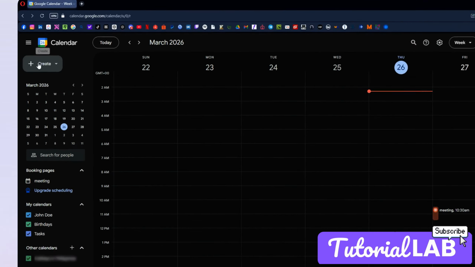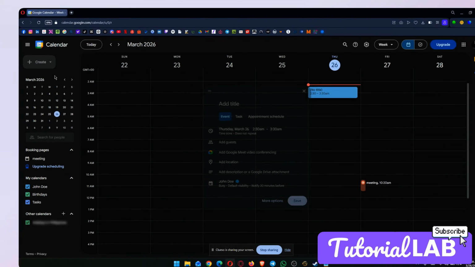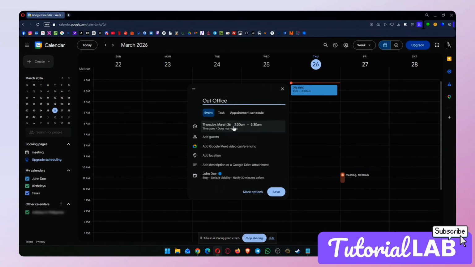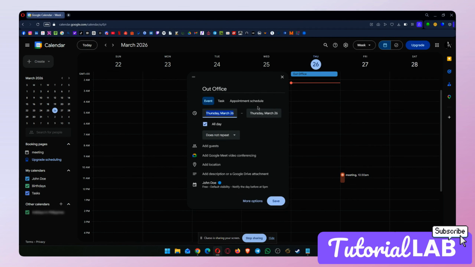All we need to do is click on Create to start making an event. We will name it Out of Office. For the duration, we will set it to daily so that the auto decline will be active every day during